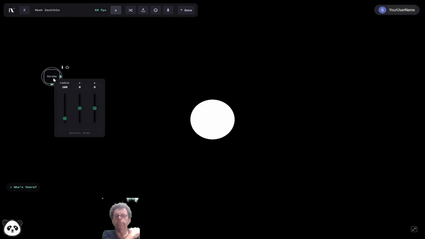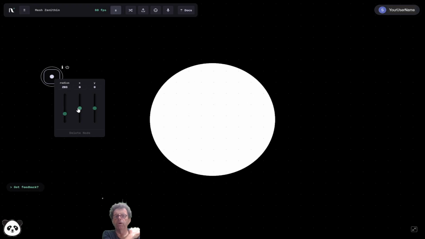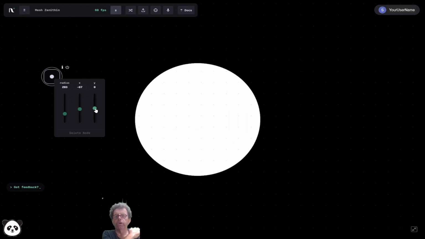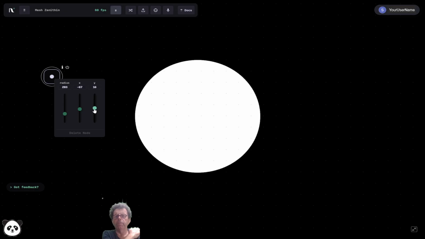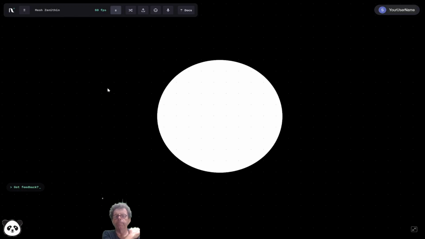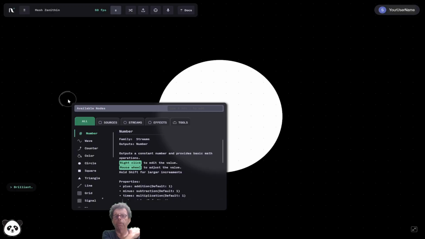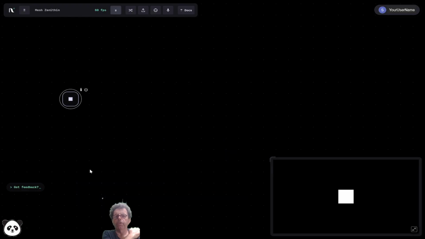If I right-click on it, then we get some properties. Radius, I can move it on the screen. At the moment, there's no reset. That's coming. We'll be able to just reset it to defaults, or I can delete the node. Oh, that's interesting. There's a little bug here that it retains that. So if I put a square, there it is back there. That should have... Okay, a couple of little things I'll be making notes about to tell him that should